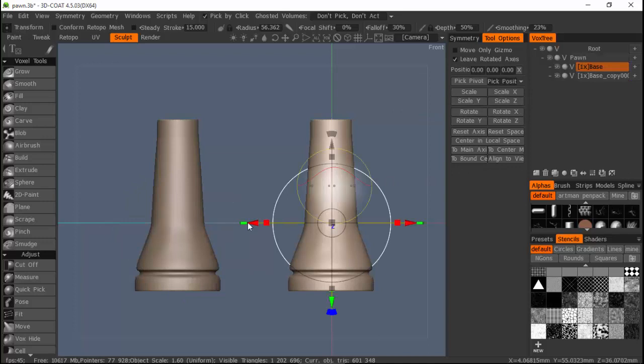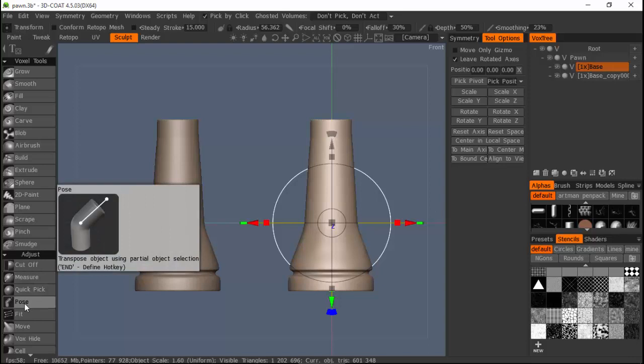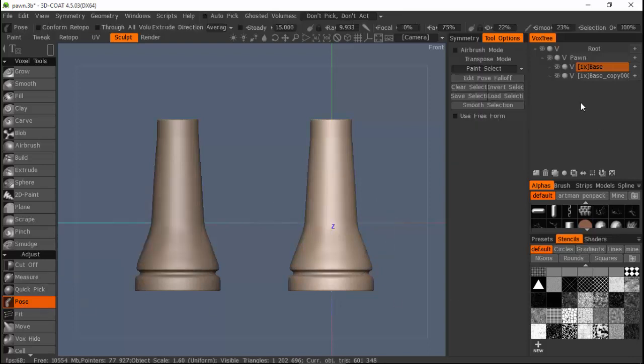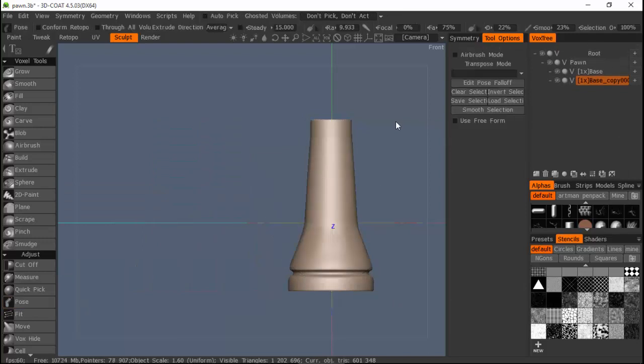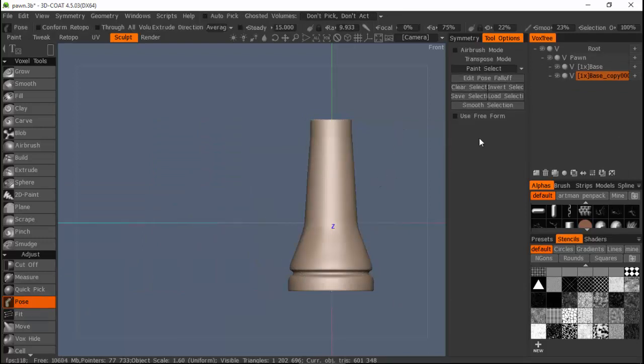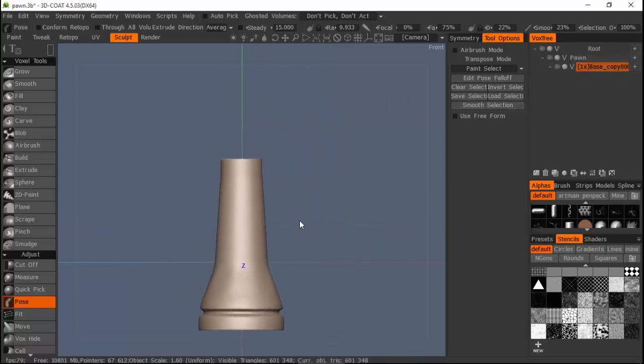Normally I would name this king and queen, but for the sake of time, I'm going to go ahead and run without that. So let's go here to the pose. Actually, I Control Z that, and the reason being, this base has nothing on it, so let's get rid of that. All right. So what I want to do is, because the king and queen are almost identical with basically just some little bit of embellishments that are different, we're going to make the basic shape for these, then we're going to copy them so that they match a little bit. So pose, and let's select